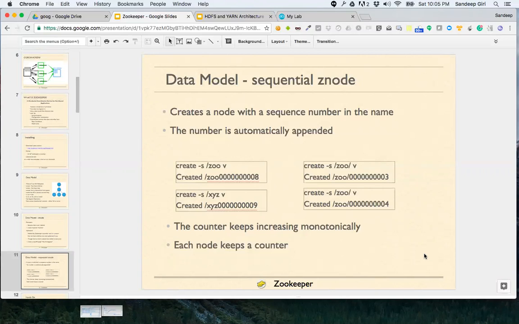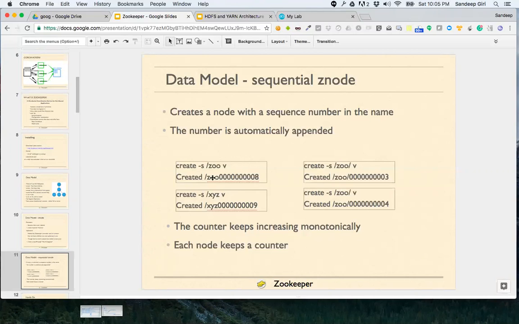If there is no good mechanism to create sequential numbers, it would be difficult. So far, it has been the database; using databases, we have been creating sequential numbers. But when it comes to distributed computing, creating a sequential number is very difficult. This is where the sequential znode comes into place.